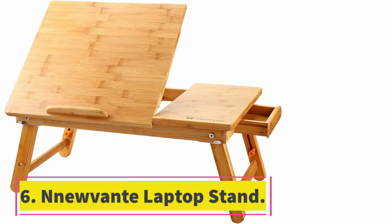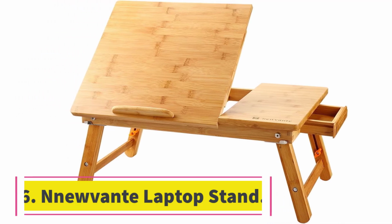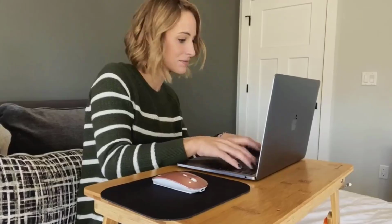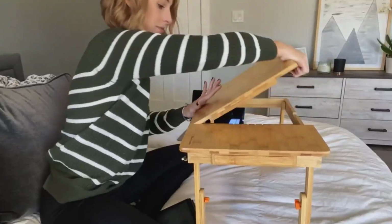Number 6. Nnewvante laptop stand. I work from home, and some days, I just can't leave my bed in the morning or make it off the couch after lunch. The Nnewvante, which is also in our home office gear guide, is a great stand for those lazier days. You can't adjust the stand's height, but you can raise the base to an angle suitable to